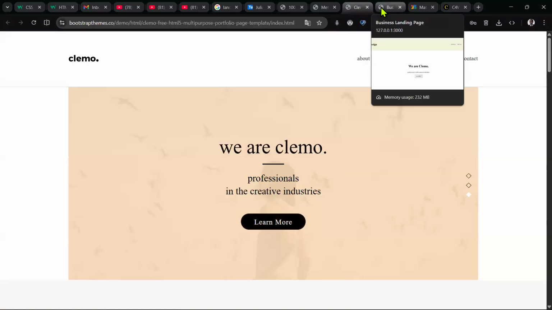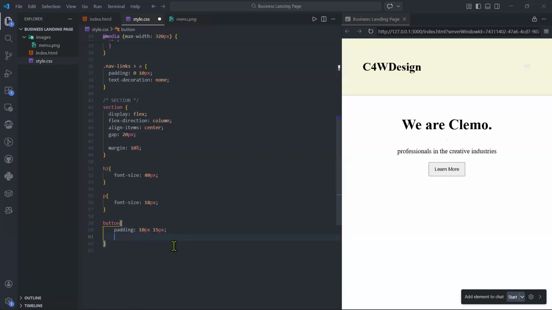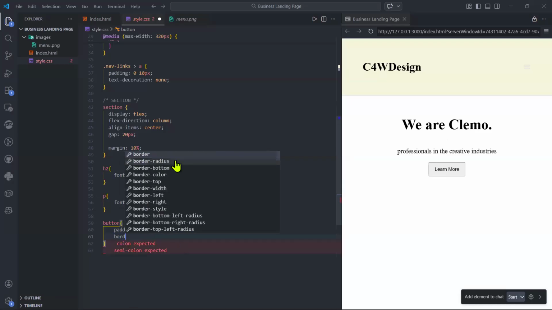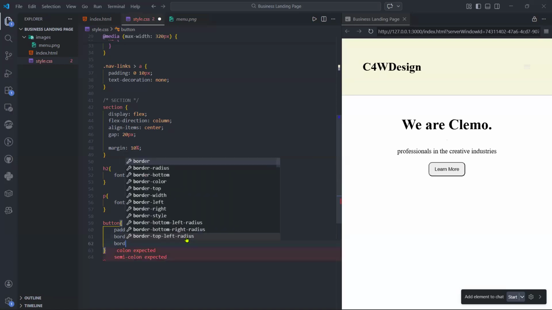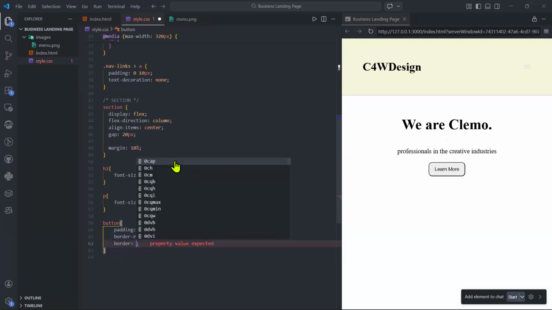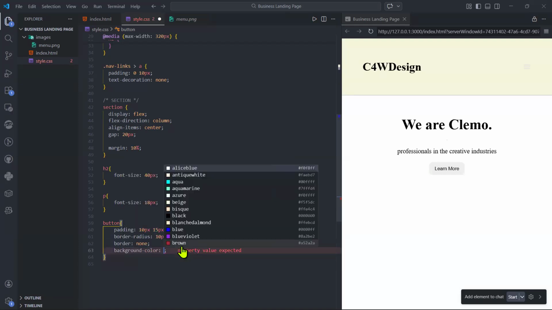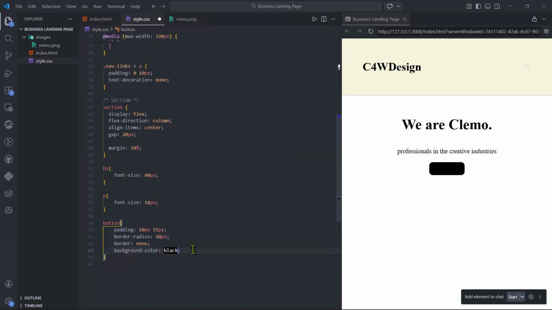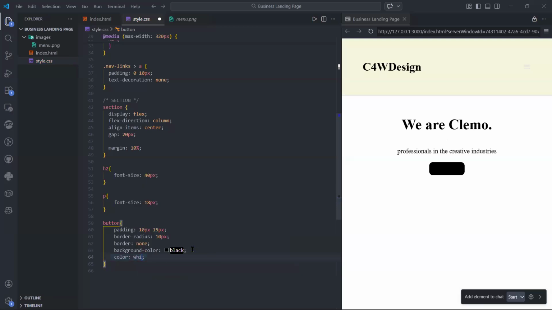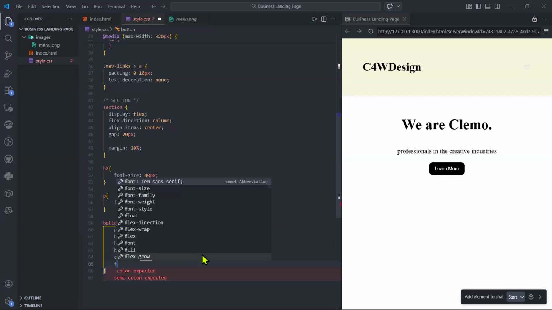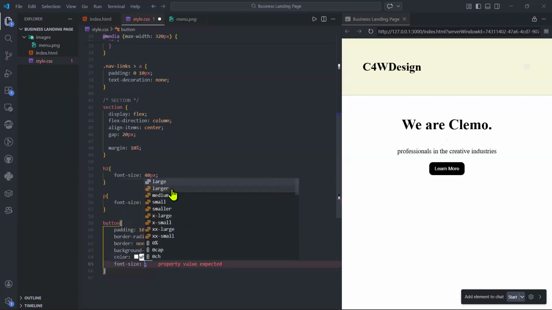We can also say border radius 10 pixels, right? We can remove the border and we say we don't want border, we want border to be none. And then we can add background color, which is black. And then the color of it is white, right? And then we can change the font size, and give it maybe 18 pixels,